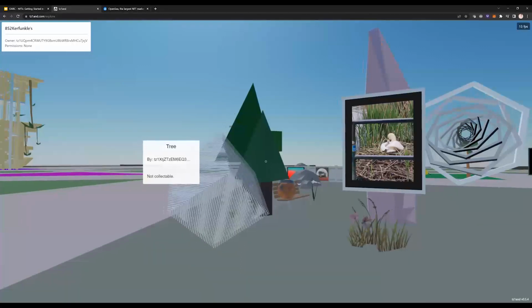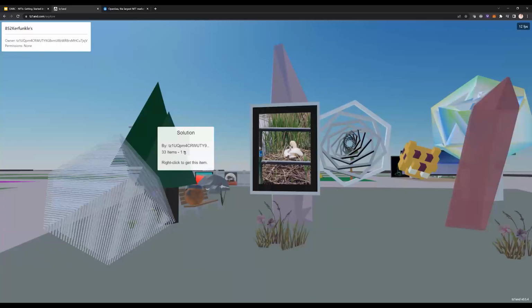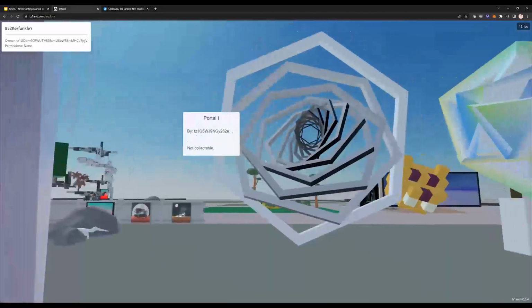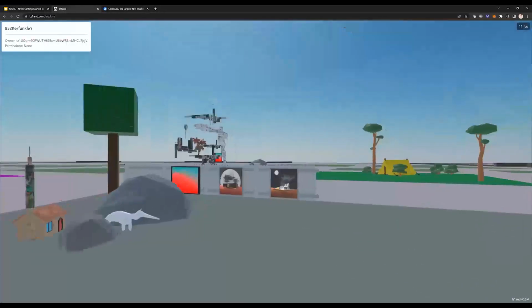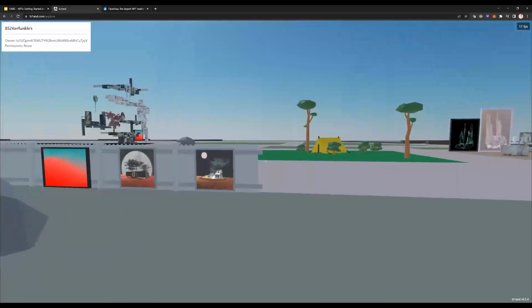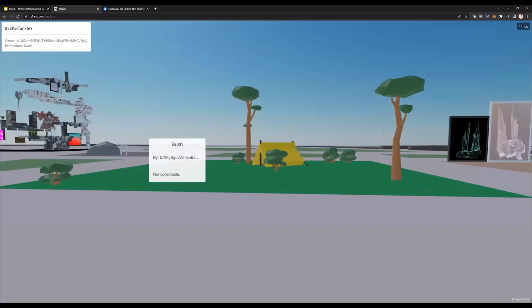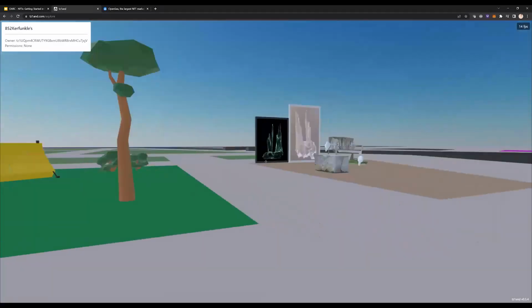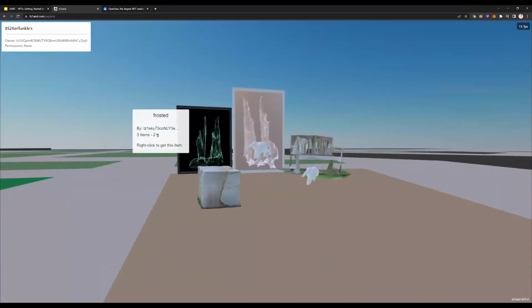Like for obviously the trees are not collectible, but this work is. It's worth one Tezos. Move around, see different items. Right, this one's not collectible either. These are all purchased and placed by that particular owner. So people use this for different things. They can create their own little environments, or they can use it to sell their artworks on their plots.